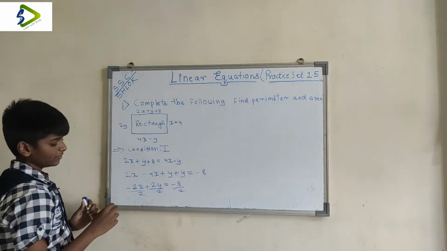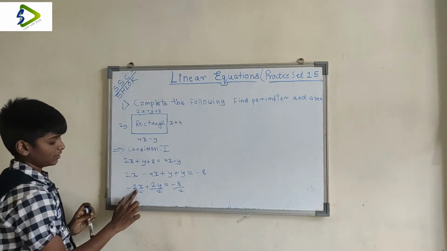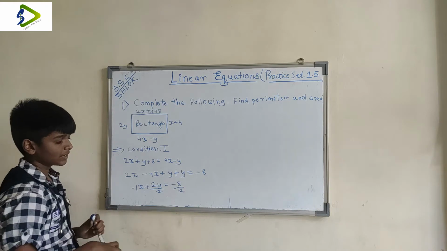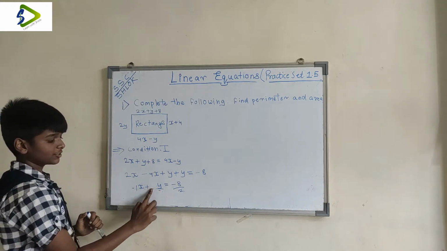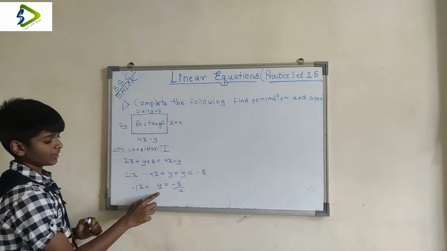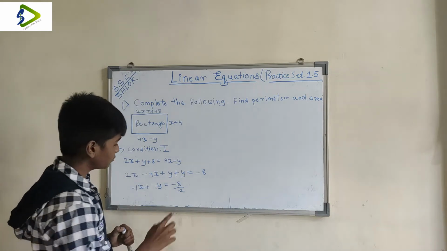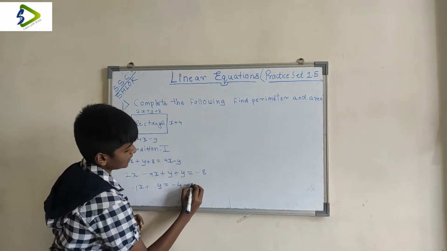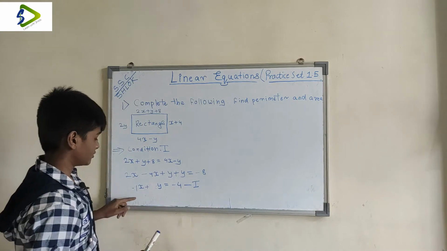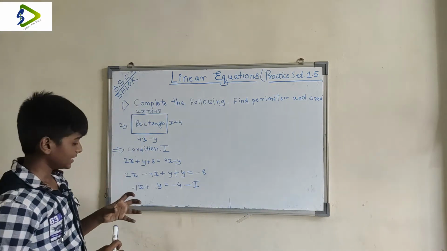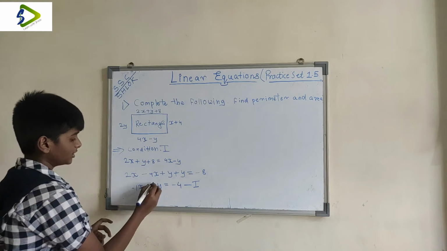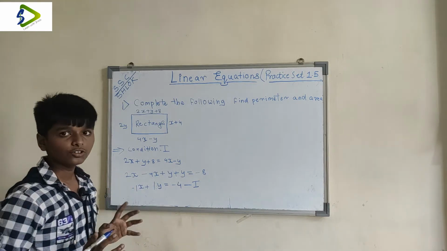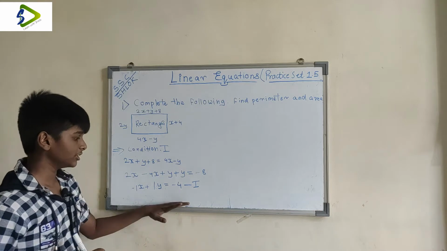so here we get minus 1. When you divide minus 2 by 2, you get minus 1, and 2 divided by 2 is just 1, that means nothing, and minus 8 divided by 2 is minus 4. So let's take this as the first equation. So minus 1x plus 1y, here if there's nothing, it's just 1. So minus 1x plus 1y is equal to minus 4. That's the first condition that we got.